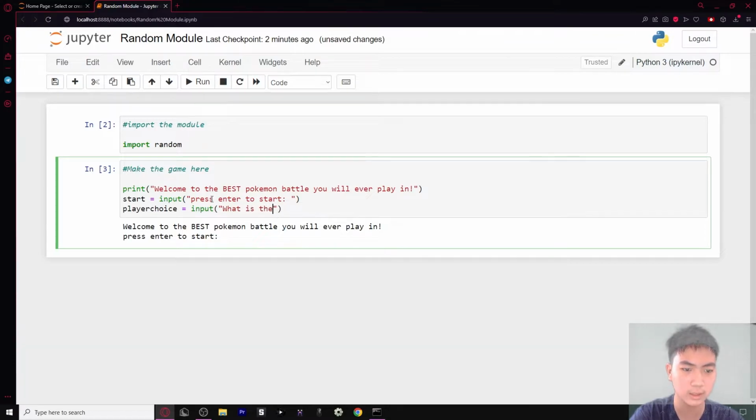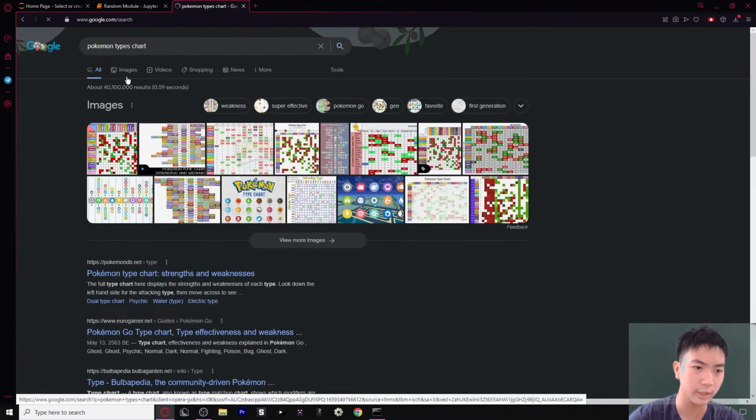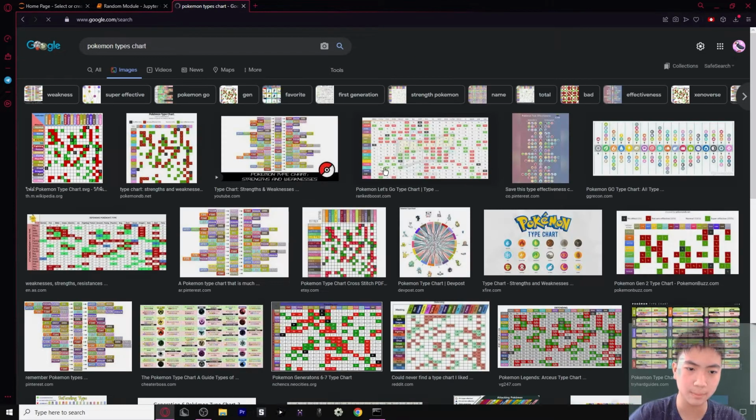What type of Pokemon do you choose? Like so, and we're gonna have little parentheses for them to see what they can choose. So I'm gonna have fire, water, and grass. You can actually search up Pokemon type chart and go into images, and then there's a bunch of